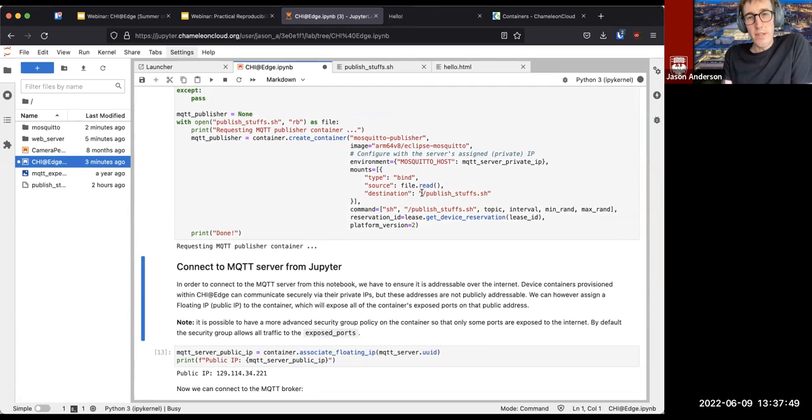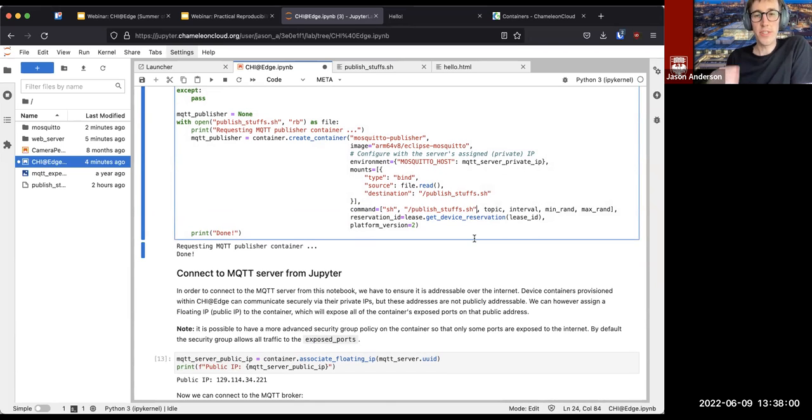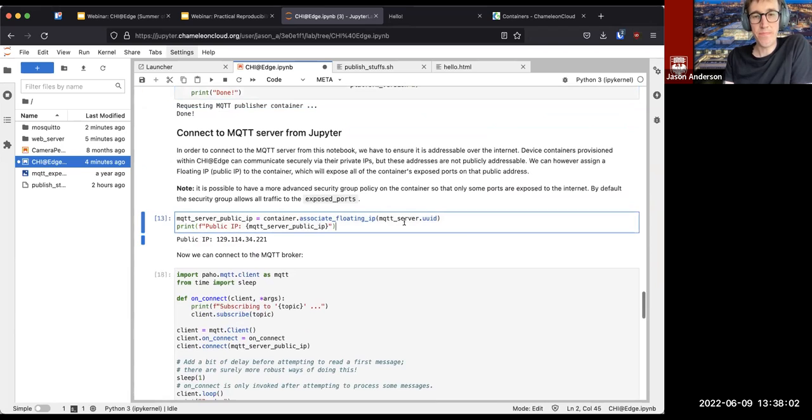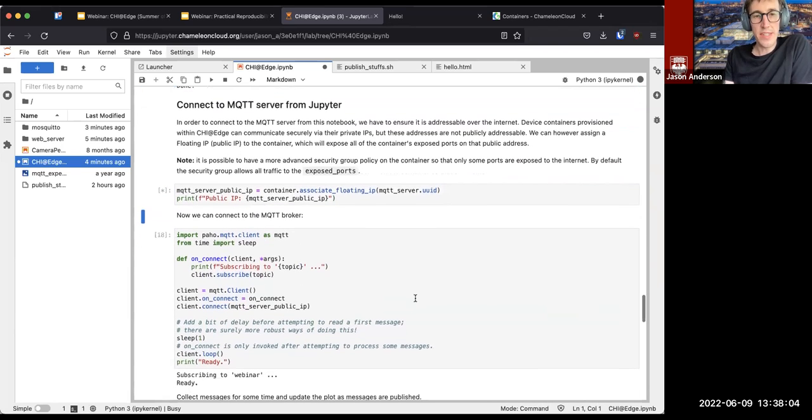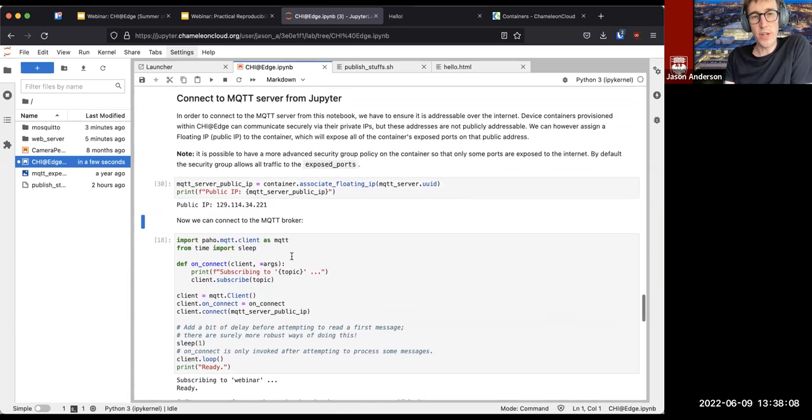And similarly, we are actually passing in that run script because that's not there in the container by default. And then I'm telling it, yes, run that script when the container launches and start publishing data. The last thing we're going to do is start pulling some data off of that and showing it within the